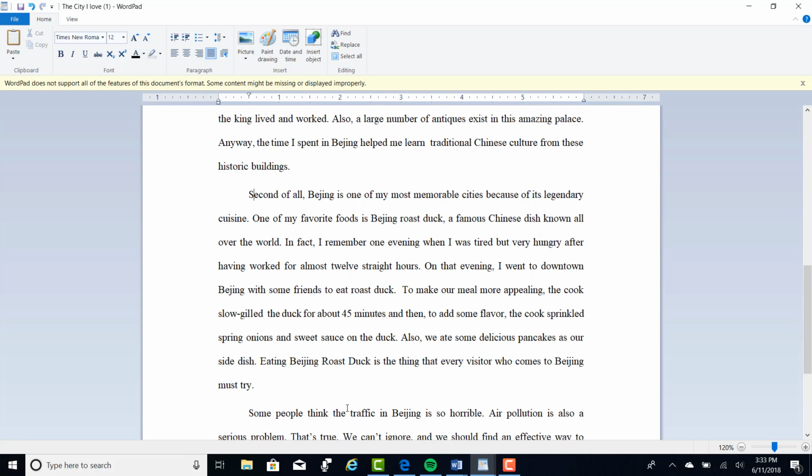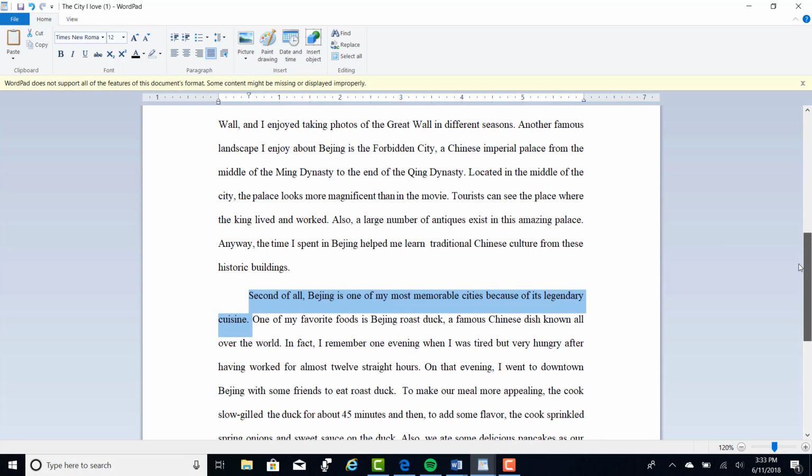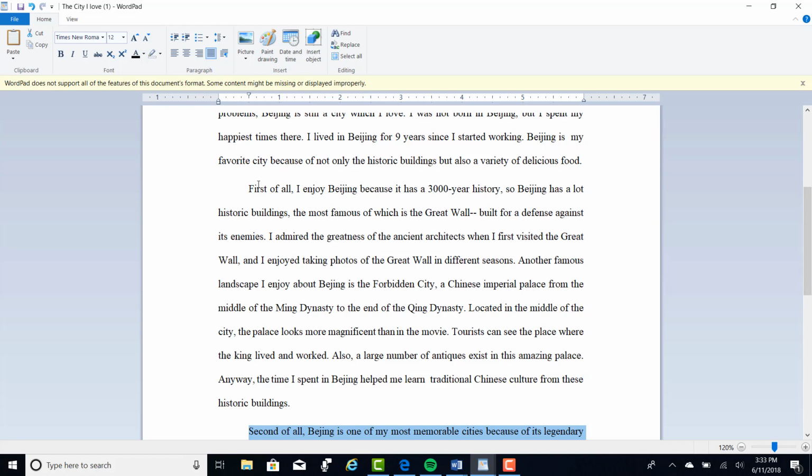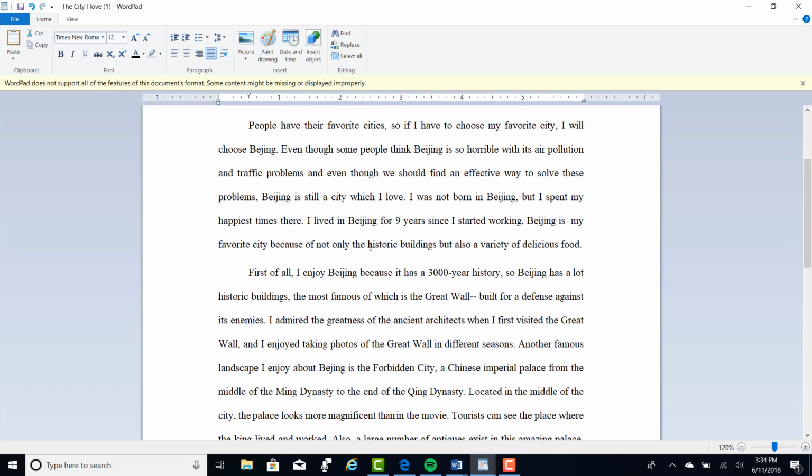So here's what we've done so far. Second of all, Beijing is one of my most memorable cities because of its legendary cuisine. What did I do here? I created a topic sentence, which you did not have. Why? Because you're trying to frame all of these paragraphs as an argument. And both of the topic sentences, what do they do? They tie back to the historic buildings and the delicious food. So we want to make sure that we have an arguable thesis, and we have arguable topic sentences in those